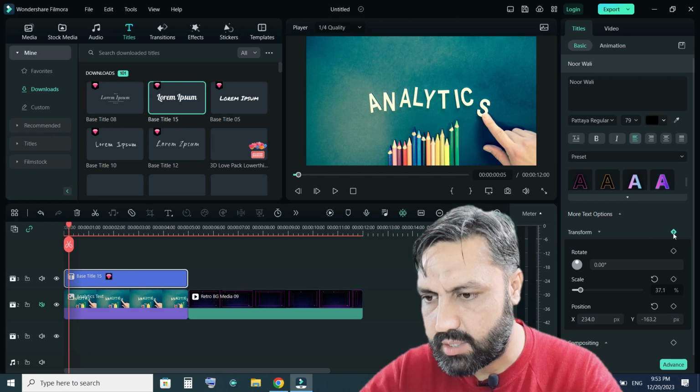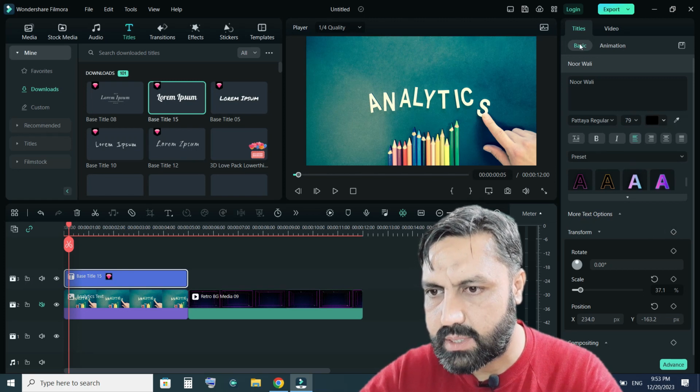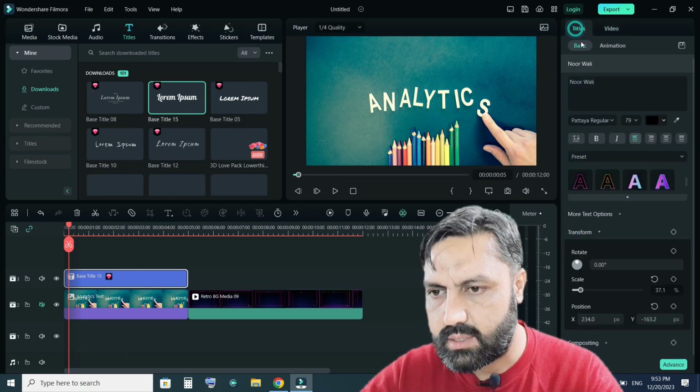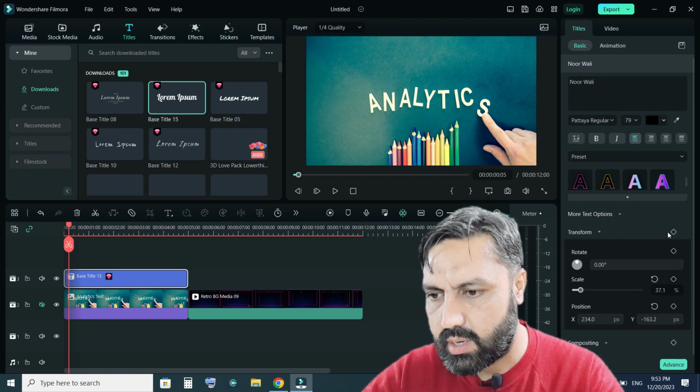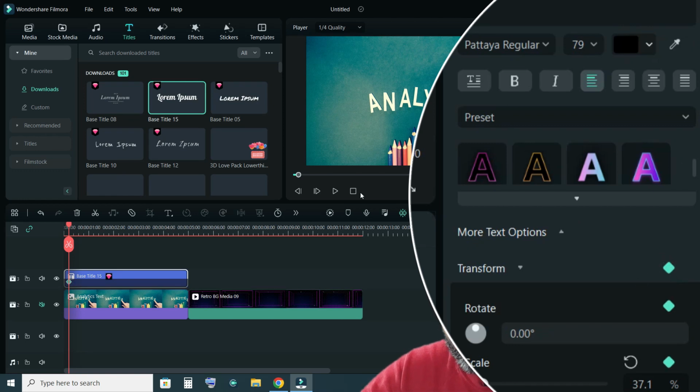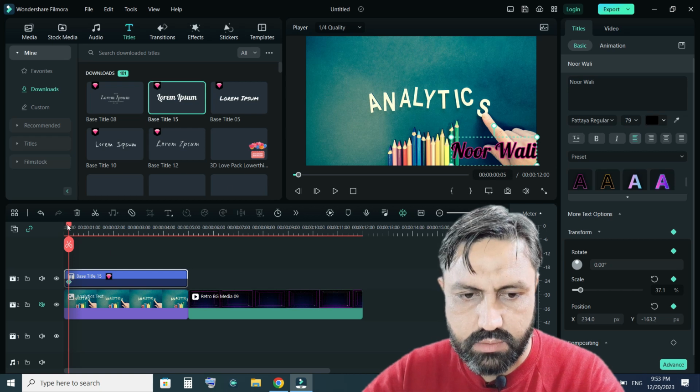the transform, and from here you select the basic and the title, not to select the video, just select the titles and then select the basic and then select the transform and then click on this keyframe. So click on it. So it is my first keyframe, and from here I select my text, and